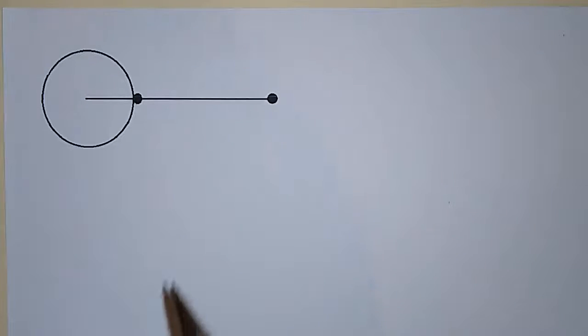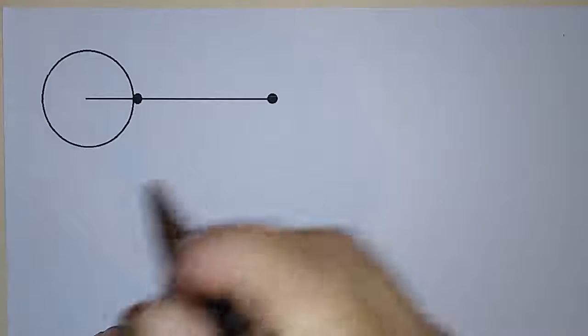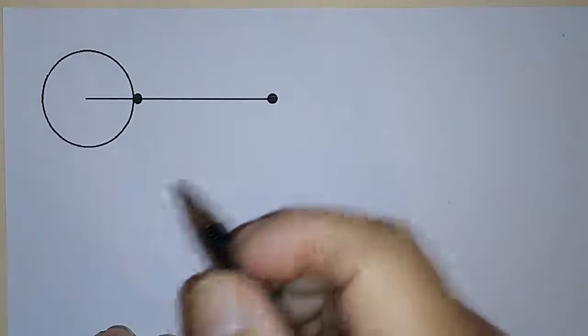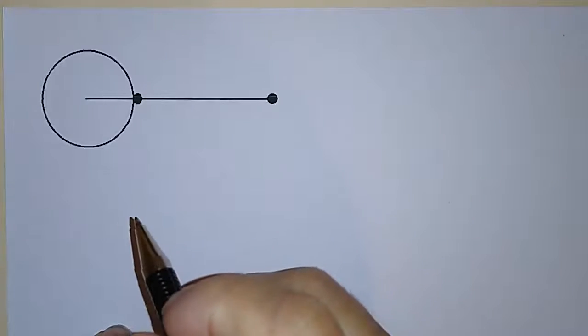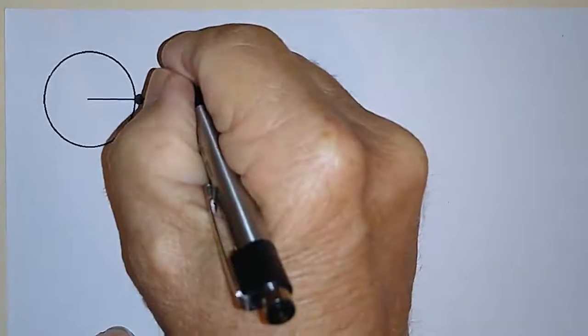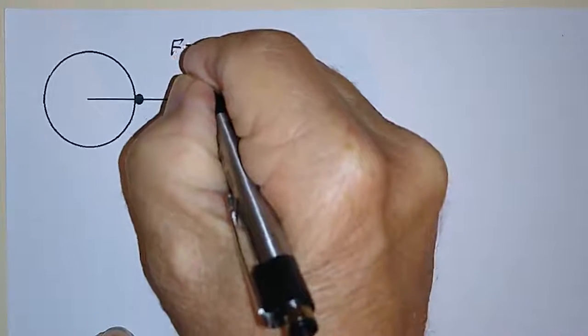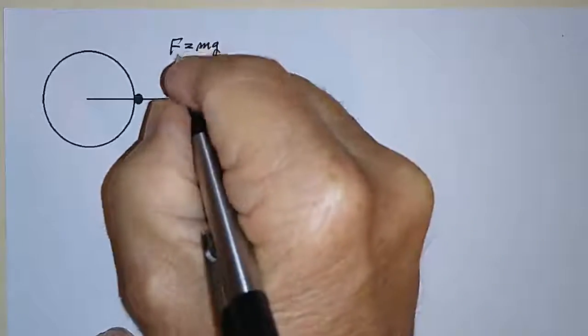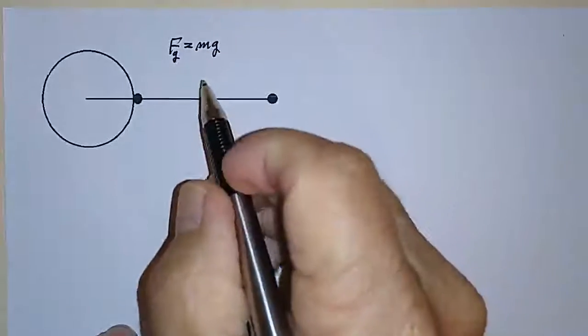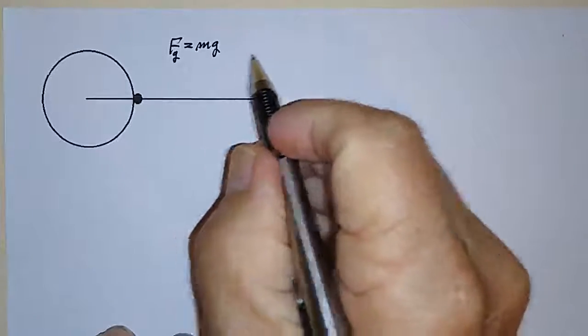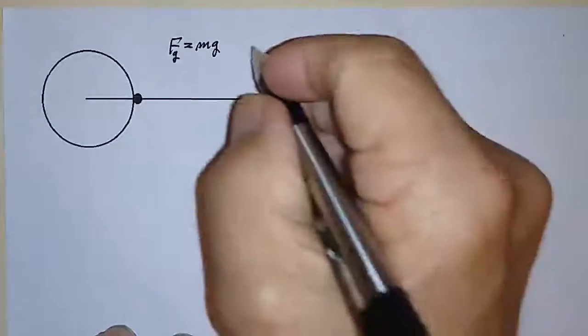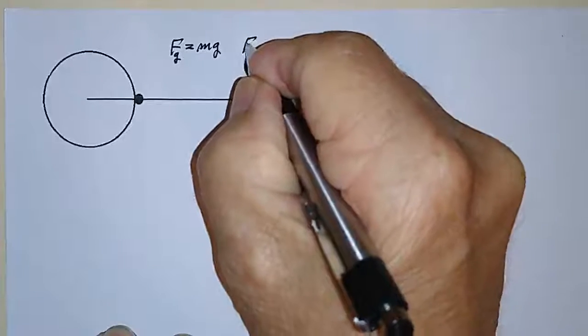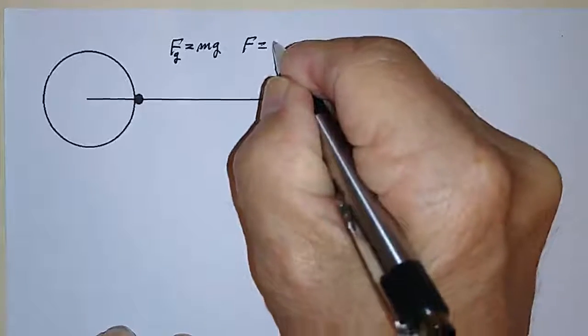Alright, here's something that I don't think is emphasized quite enough in elementary physics problems, namely the force due to gravity that we use often while we're at the surface of the Earth. We write it as F equals little mg, little m, little g, force due to gravity. And then we use this in combination with other forces to write Newton's second law, which is F net is equal to